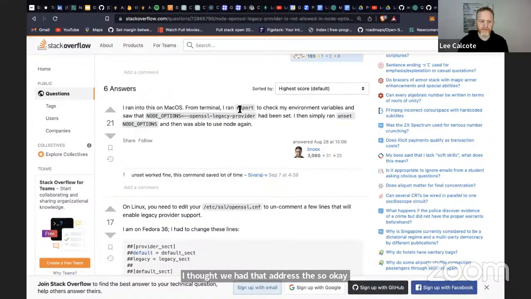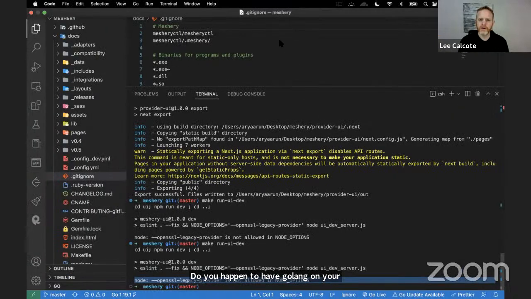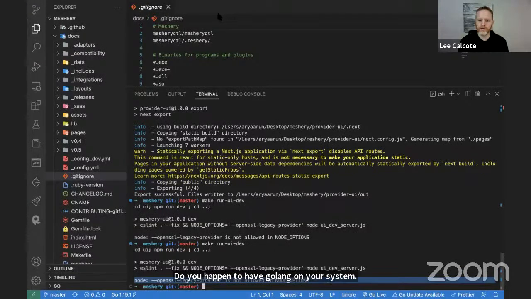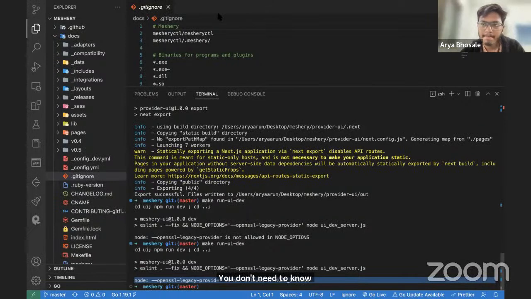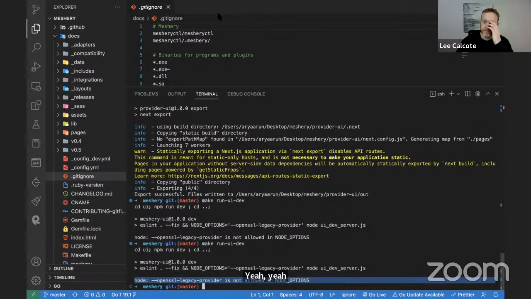Arya, do you happen to have Golang on your system? You don't need to know Golang. Okay. The reason I ask is because there are, you know what? Since we only have 4 minutes left, let me do this. Let me try to give everybody a quick